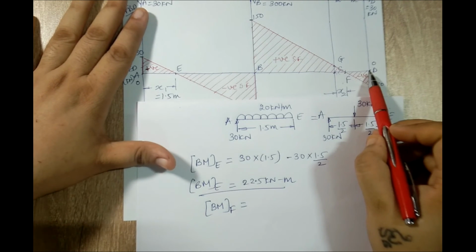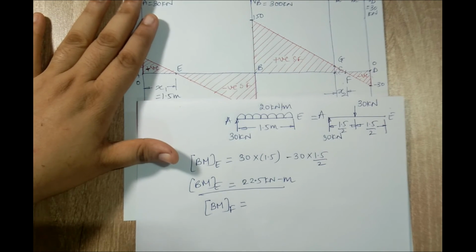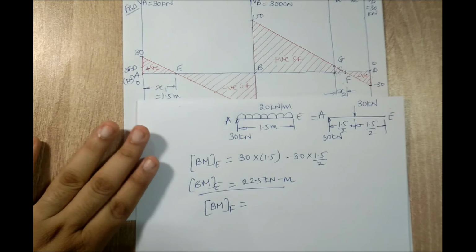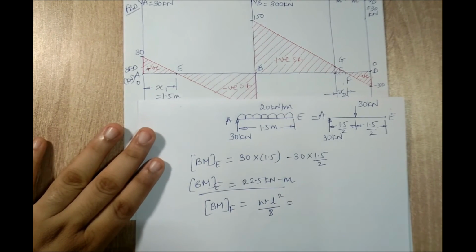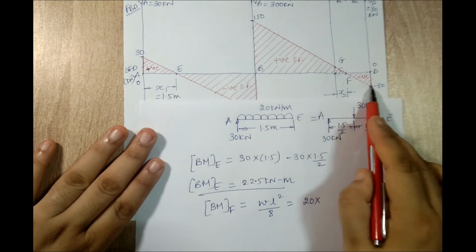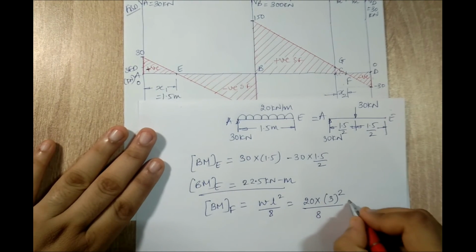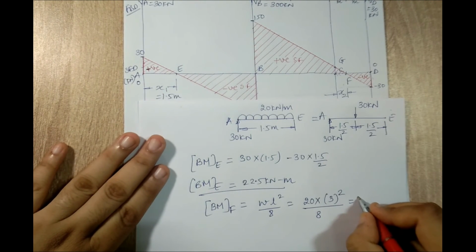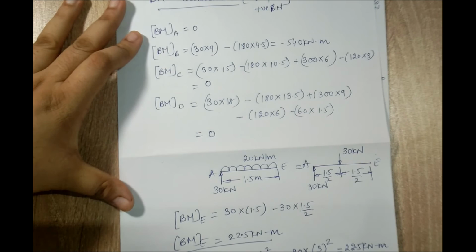Now this is a formula which I am directly using. I'll be explaining this when I go for the chapter bending stresses in beams. So right now you can just take the formula as WL square by 8. This is the formula which is used. Now W is the load, L is the total length which I have for CD, which is 3, squared, and this is 8. When I solve it, I get the value as 22.5 kilonewton meter again. Now I'm going to plot all these values of bending moment.